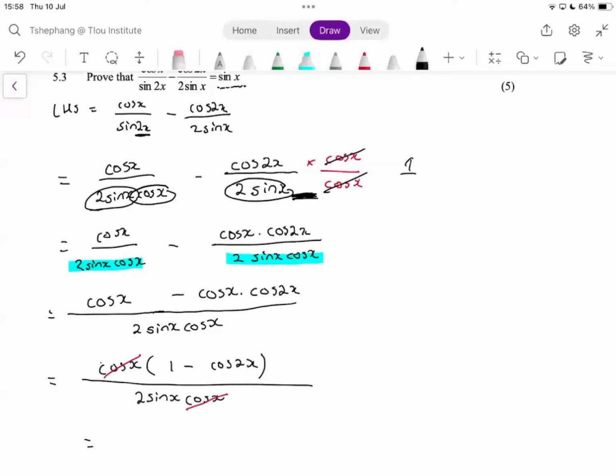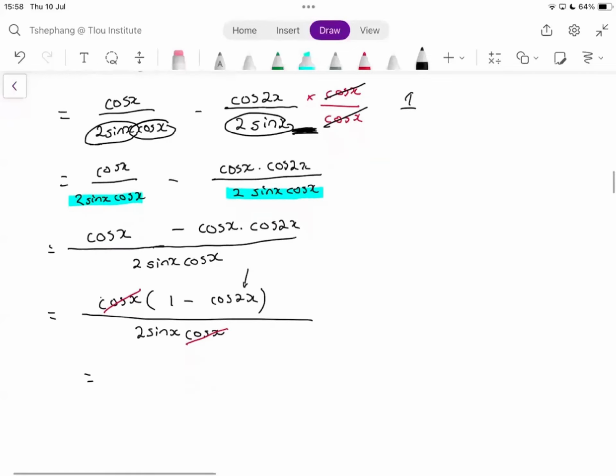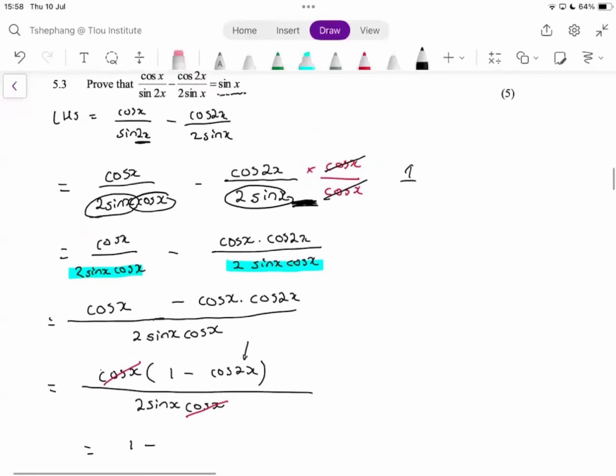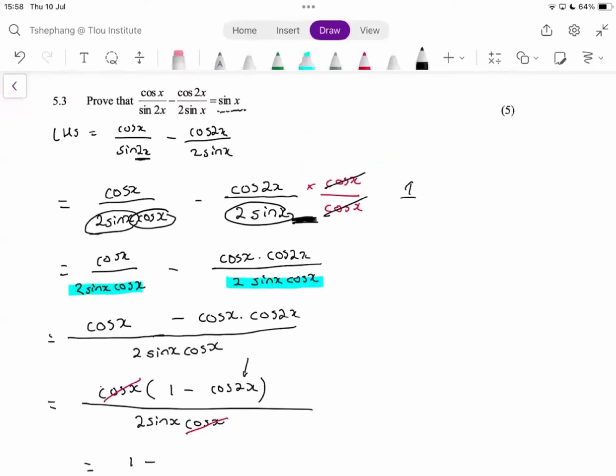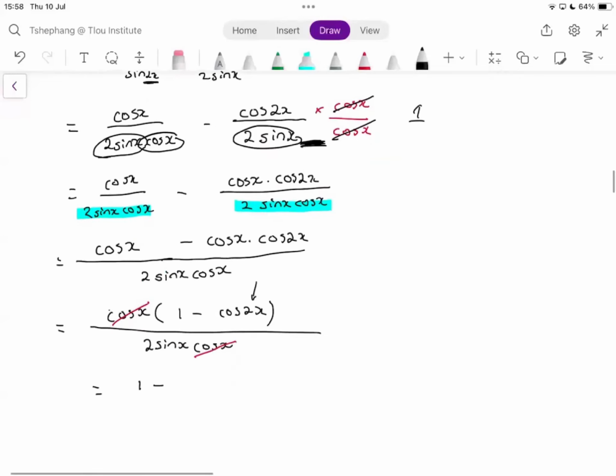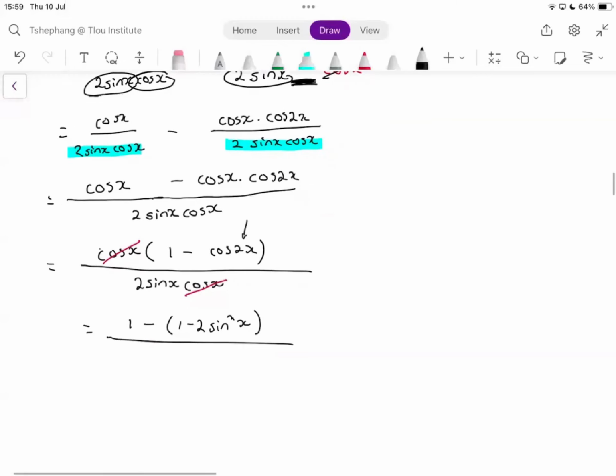Now, can you see that we have a double angle that we need to deal with? And what is that? 1 minus. Now check something. We can go up and do a little bit of a cheat there. We are trying to get sine. So I'm going to change this to 1 minus 2 sine squared x. That's what helped me determine which one I need to use. Remember, there are 3 options for cos. All right. This is still over 2 sine x.